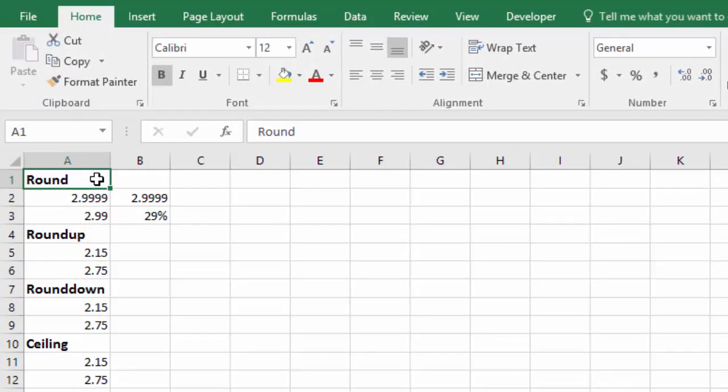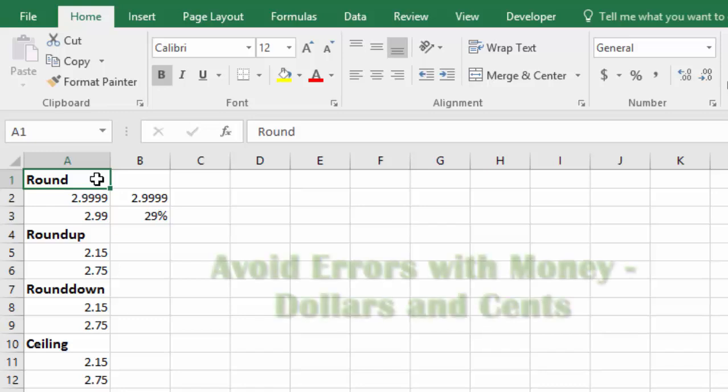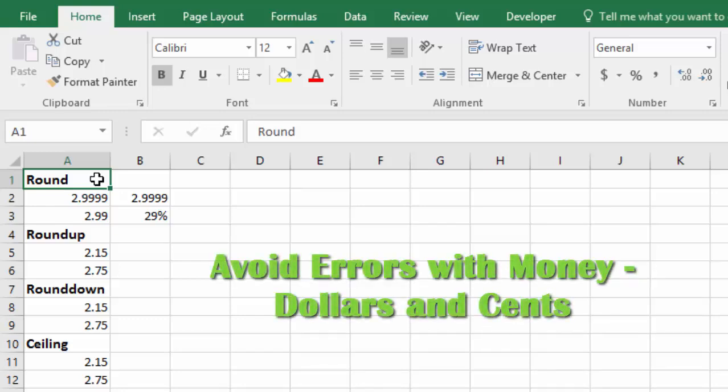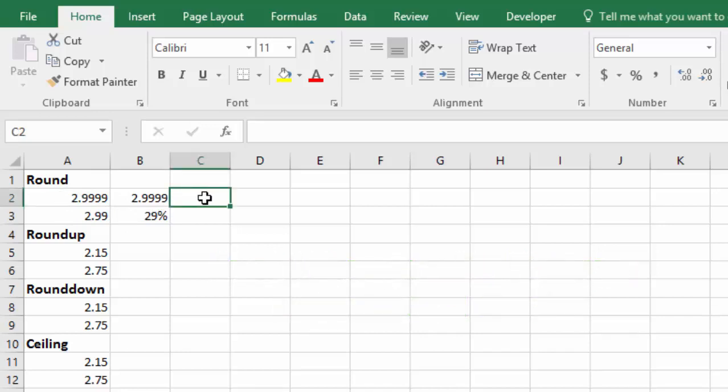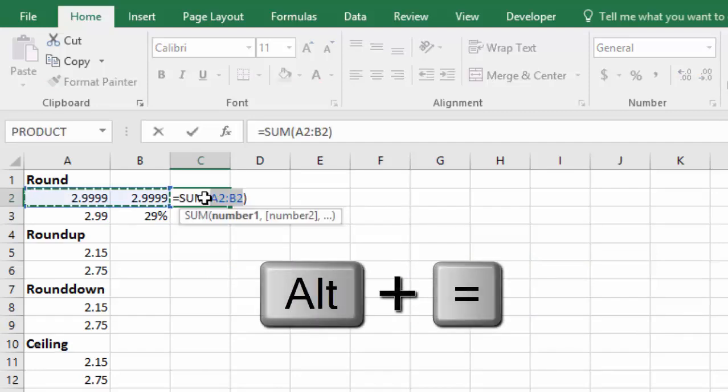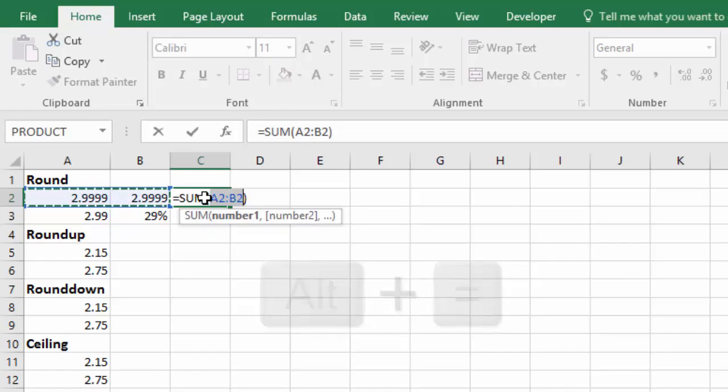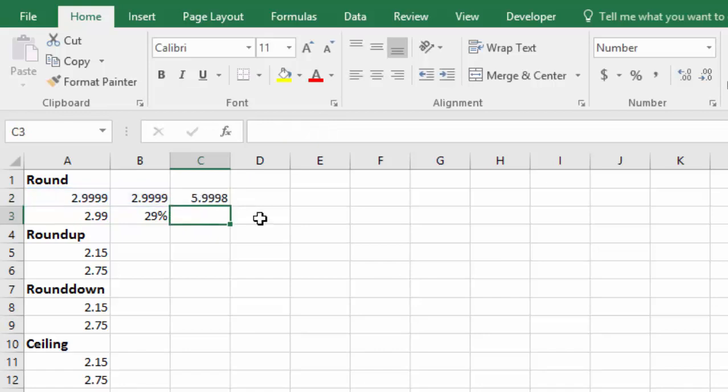And my favorite use for the round function is to keep you out of trouble with math errors in Excel. And the best way to show you this is just to dive right into an example. So let's say that we have two numbers here. 2.9999 and 2.9999. So if we add these two cells together, I'm just going to use the auto sum, and you can either click on the auto sum on the home tab, or you can just press Alt plus, and it'll drop the auto sum formula right in there. You can see it's highlighted the two cells we're looking for. Click enter. It comes back with a result of